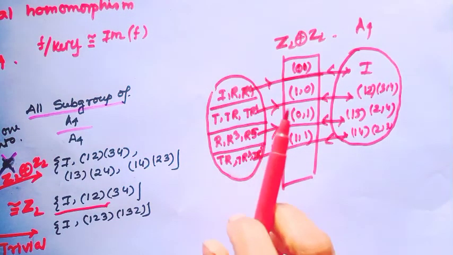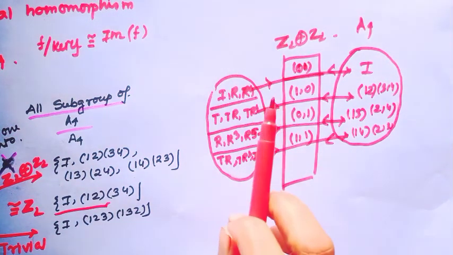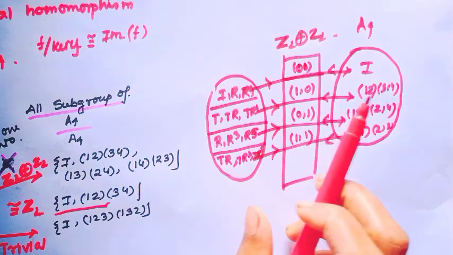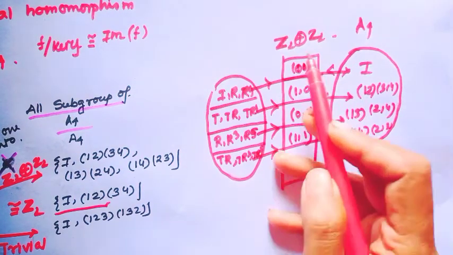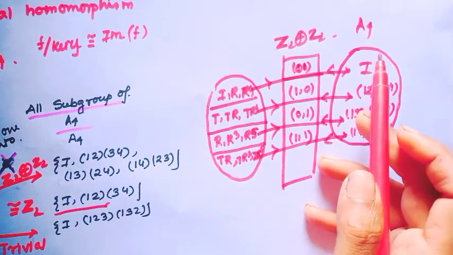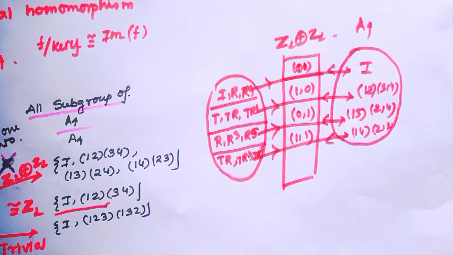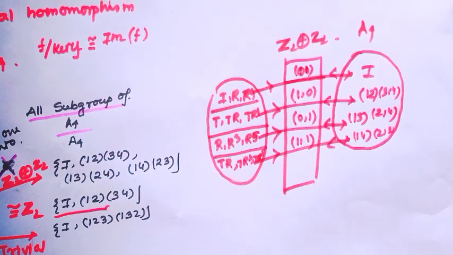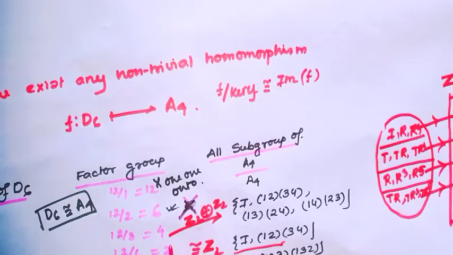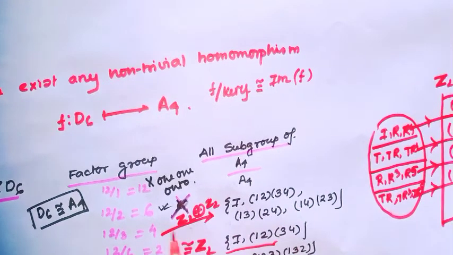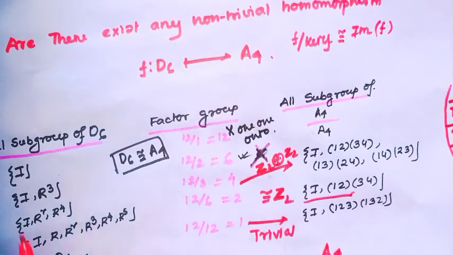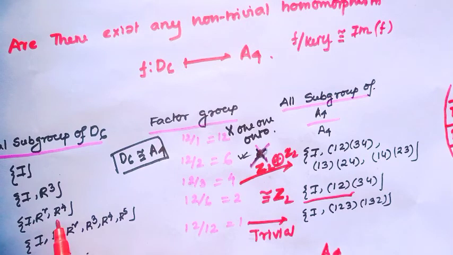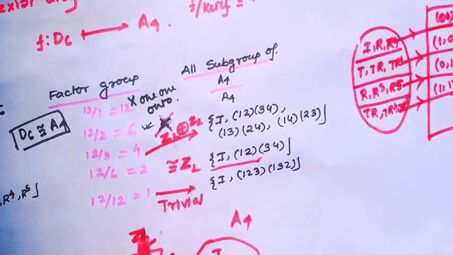Okay, that means this factor group and the image behave the same as the group Z2 direct product Z2. Are you getting? So this homomorphism is also possible when the normal subgroup is I, R square and R to the power 4. Now if I ask you how many homomorphisms exist here,